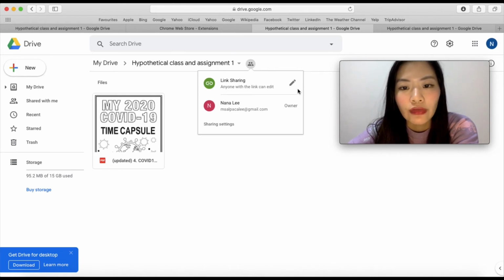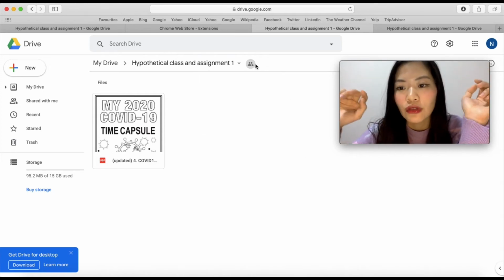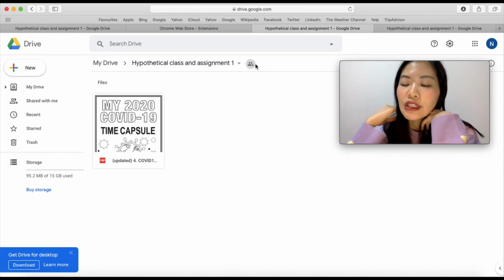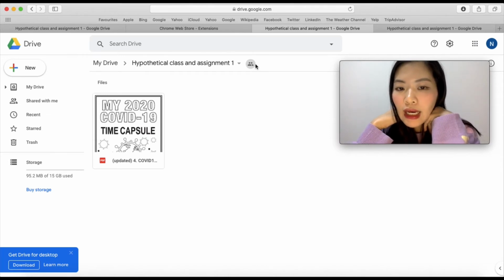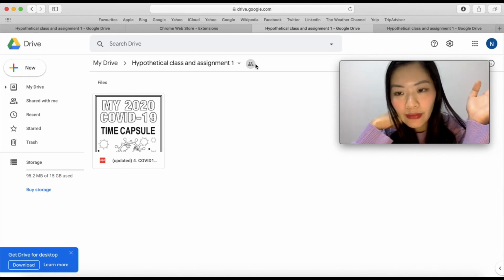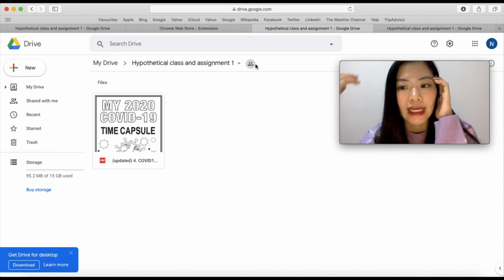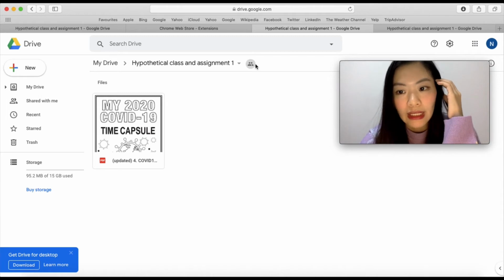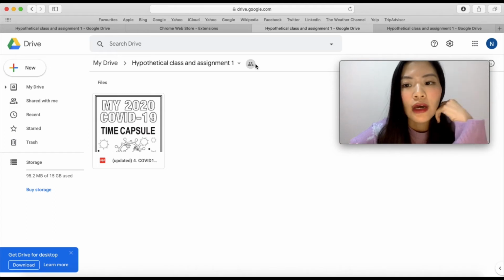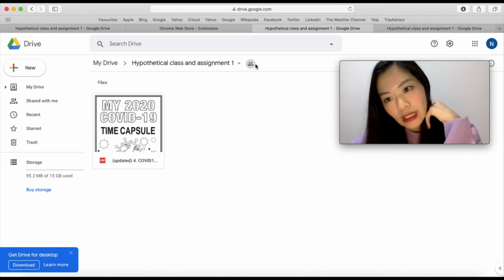strangers can also upload files into your Google Drive, and this can be dangerous because it would mean that they could potentially upload some really inappropriate materials, such as maybe even pornography. Yeah, and then because your students can see all of the files that are inside your drive, they might potentially be exposed to some pretty inappropriate materials,